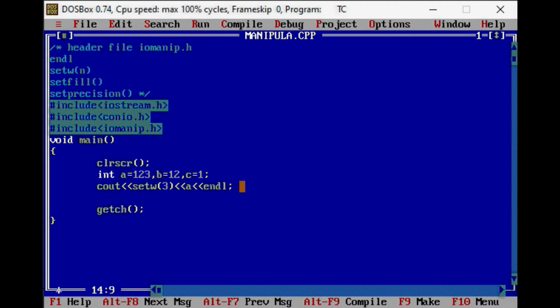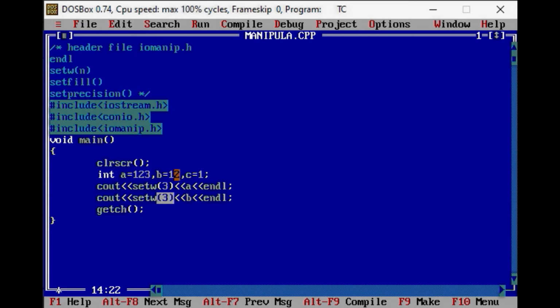But in the next statement, I am going to set the width 3 for variable b. Here the width of variable b is actually 2. Only 2 digits are stored in variable b, but we have set the width 3.